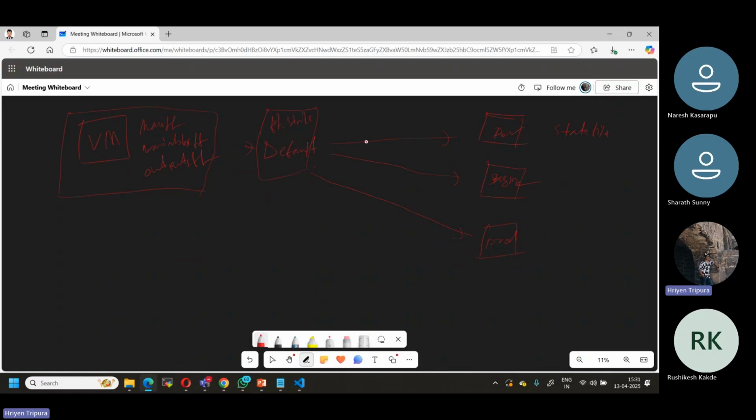Okay, so workspace. In this case, you can create a separate workspace for the dev environment. Same for staging. In my case, I can give the workspace name as just dev, so that will be easy to understand. Same thing for staging; I can give it as staging or stg, whatever. Same thing for the production workspace; I can give the name as prod